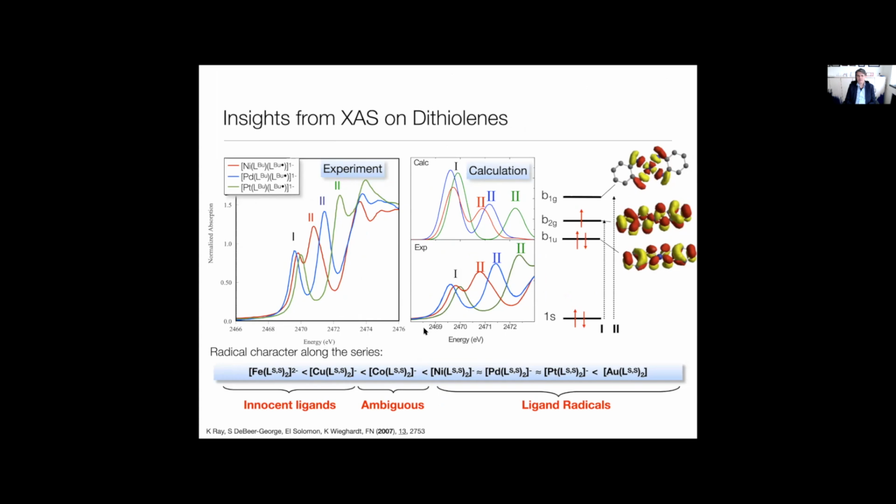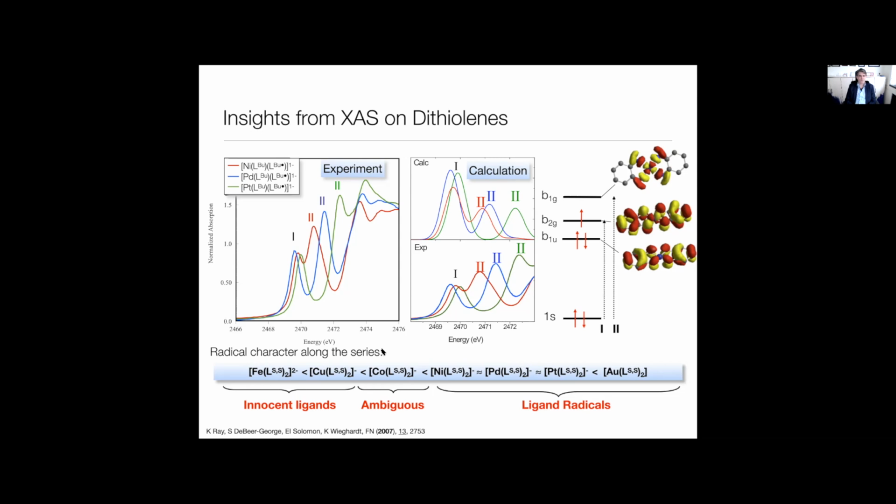These are metal ligand radicals. And it is fantastic how ligand K-edge spectroscopy can be used in order to pick out the radical character in these various compounds. And so, for example, here was a series with one and the same diethylene ligand and going through different metals and oxidation states. And on the basis of comparing the calculations and the experimental data, it was kind of nice to arrange these compounds into systems that have ligand radicals, whereas those that are innocent.